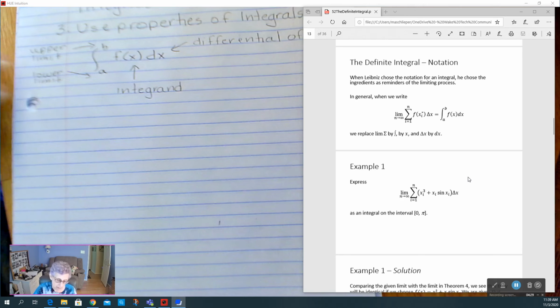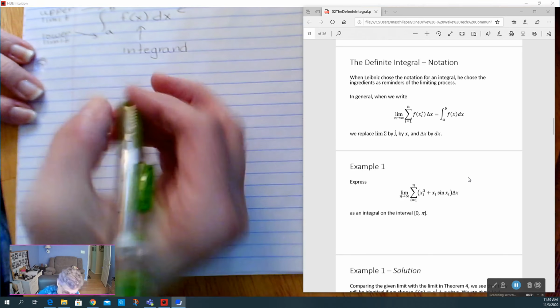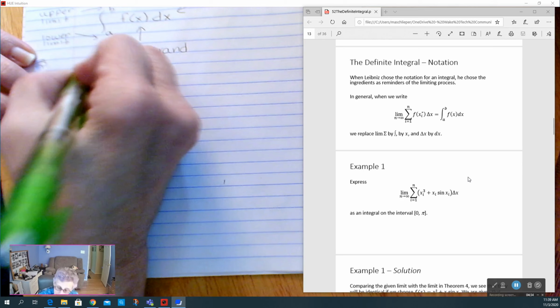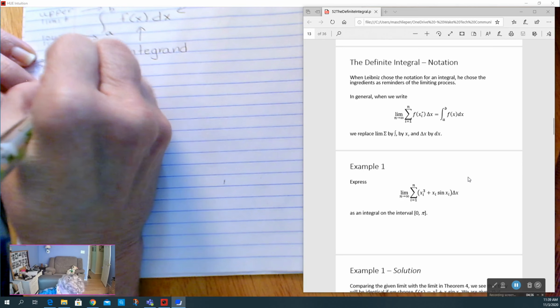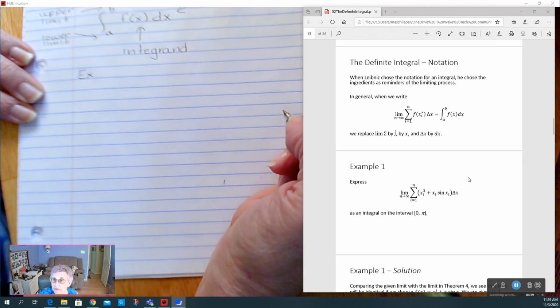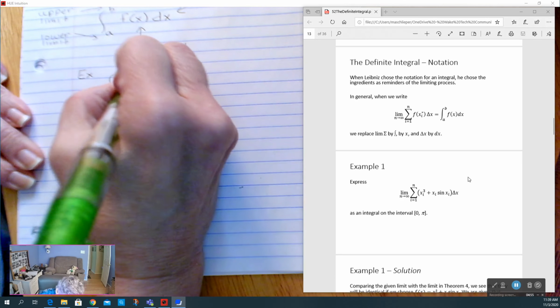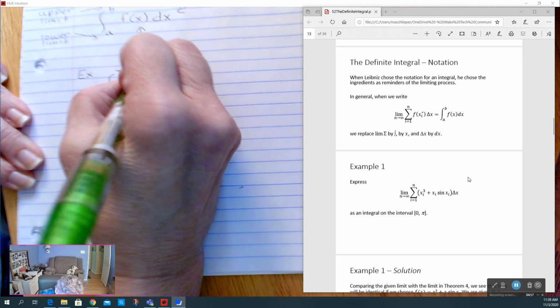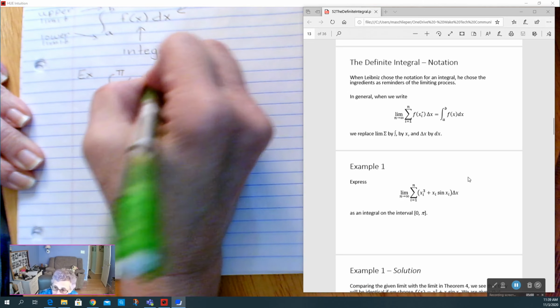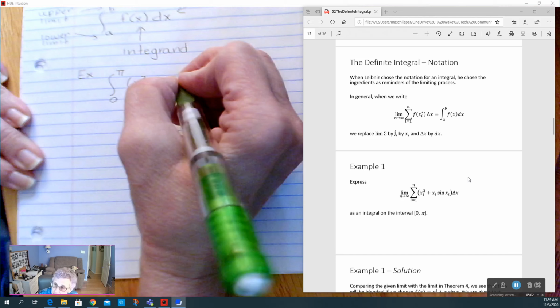So probably one of the easiest questions you'll have on WebAssign. Something like example 1, where you just have to write down the integral that represents the Riemann sum. So we're integrating over the interval from 0 to pi. That comes from our a and b. F of x looks exactly like it does except we don't have the little sub-i's on there. Plus x,